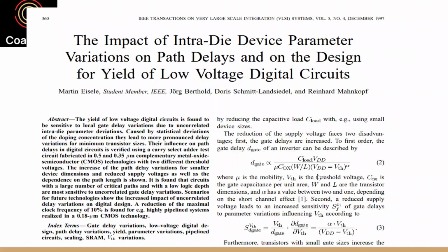Yes, sir. Sir, one more thing. Yeah. Sir, in the last couple of days, you told me that the size of PMOS and NMOS should be designed in a proper way, that the PMOS size must be a little bit greater than the NMOS size. No, I didn't say that. What I said was,